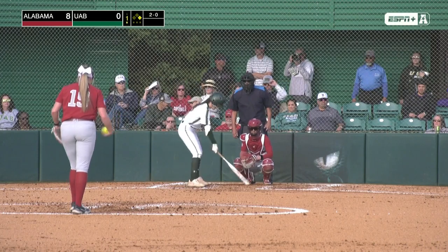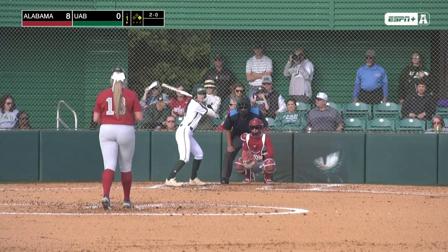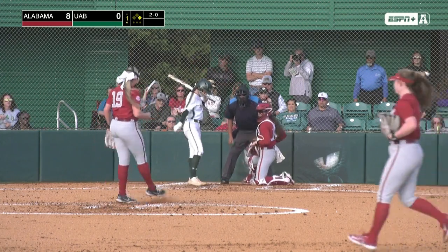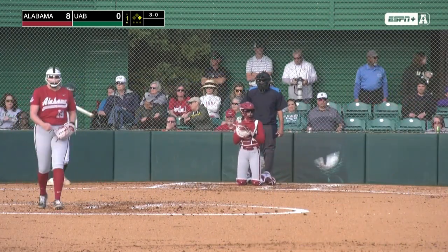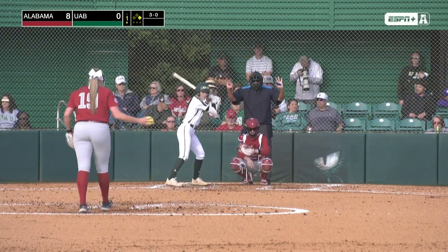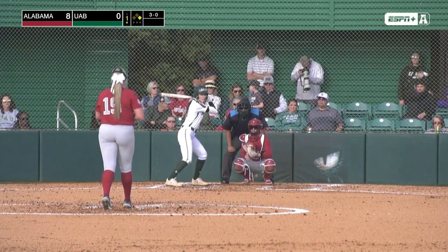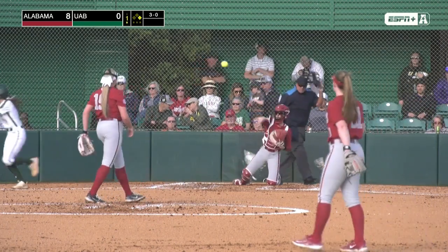Lindsey Smith on deck, and after this pitch, we'll take a rest of the batting order as far as the look for UAB today. Downstairs on the 2-0, so after that hit batter, Beaver struggling a little bit as Brock ahead in the count 3-0. Olivia Vollback, the cleanup batter, playing shortstop in this game for the Blazers, followed by Alyssa Aguilar at first in the number 5 spot. Pitch outside for ball